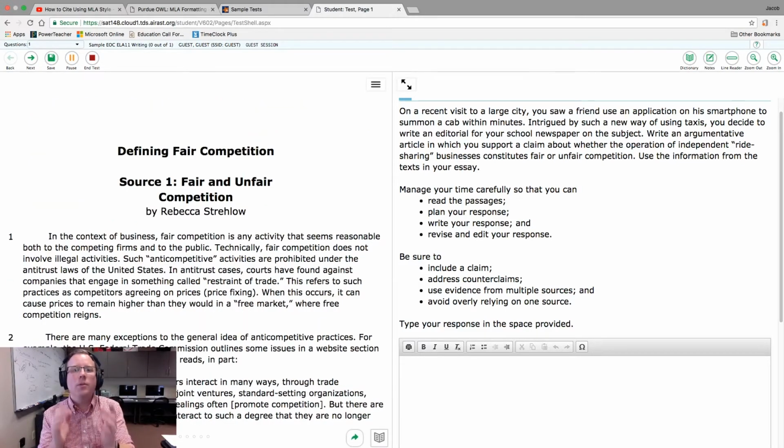And then you go through and you take some notes as you read. Great. Now you've got some information. You got to figure out what points you're going to make. So here you probably want to start making an outline. What's an outline? An outline is where you take your ideas, you figure out which ones you're going to use, and you put them in an order that will help you do exactly what you're supposed to do, which is be sure to include a claim, address counterclaims, use evidence from multiple sources, avoid overly relying on one source, and